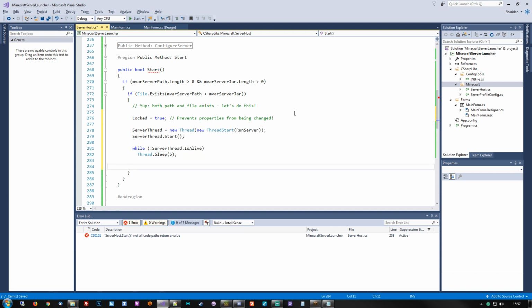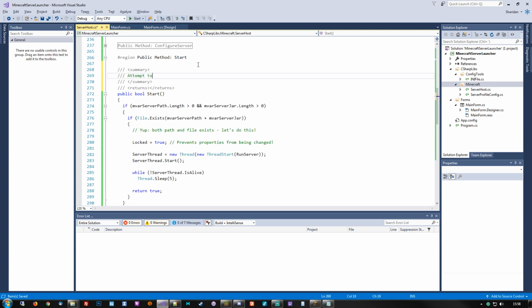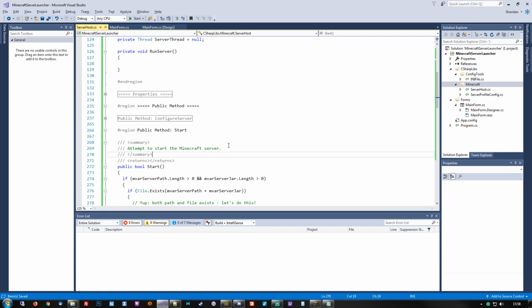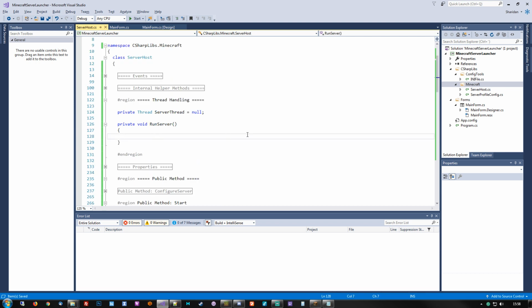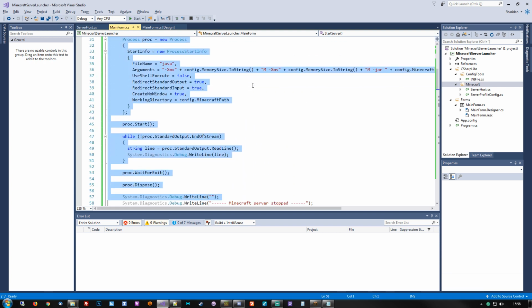Now that this is done, we can then return true. In all other cases, we will return false. There we go. Attempt to start the Minecraft server. Boom. Okay, we still haven't triggered any events, so let's go and do that. We also need to put the execution code in here, so let's go over here and grab that quick. We've already done most of it, so